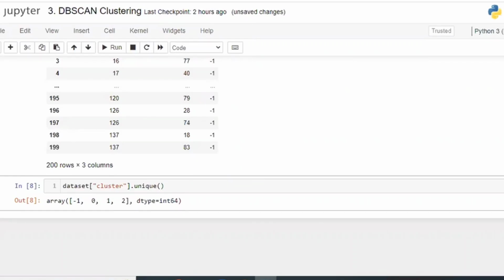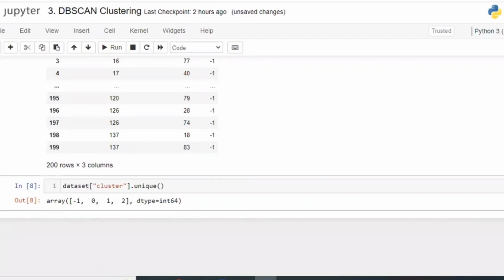Now without outliers, if I apply the DBSCAN clustering after converting the data, then if every data point is included, what is the difference between DBSCAN versus hierarchical? There will be no difference. Both are the same. The special data points you want to identify only, for that we are using DBSCAN. DBSCAN's purpose is that.